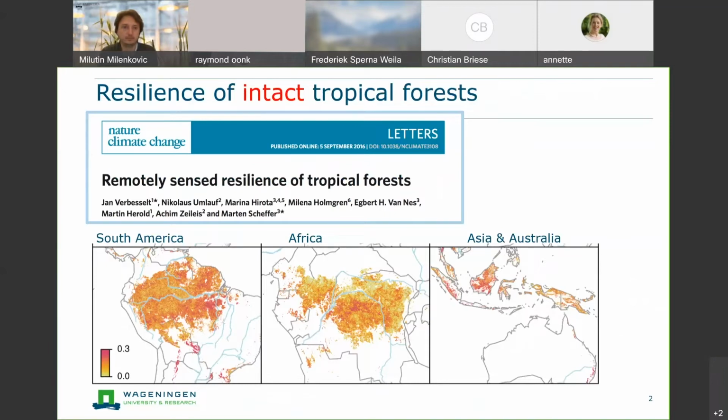It all started, the RETURN project at least, with a publication in Nature Climate Change, where we looked at the resilience of intact tropical forests. We mapped resilience across the pantropics using long time series of coarse spatial resolution data, like MODIS data, etc. But with the RETURN project, which is an eScience advanced scientific discovery project,